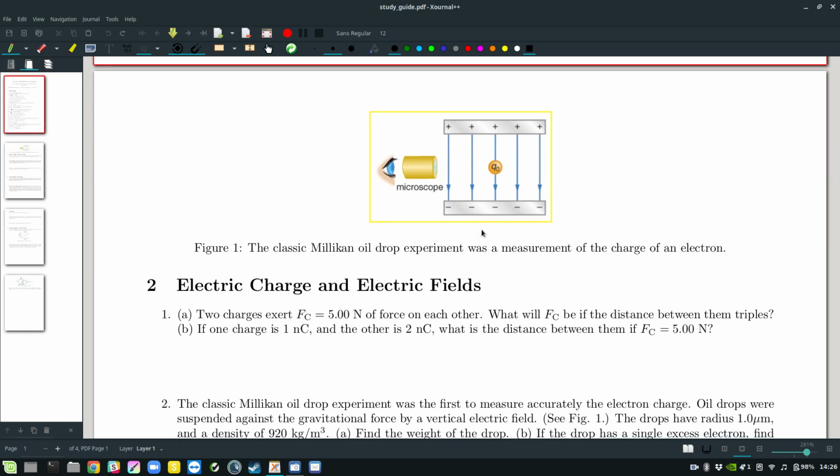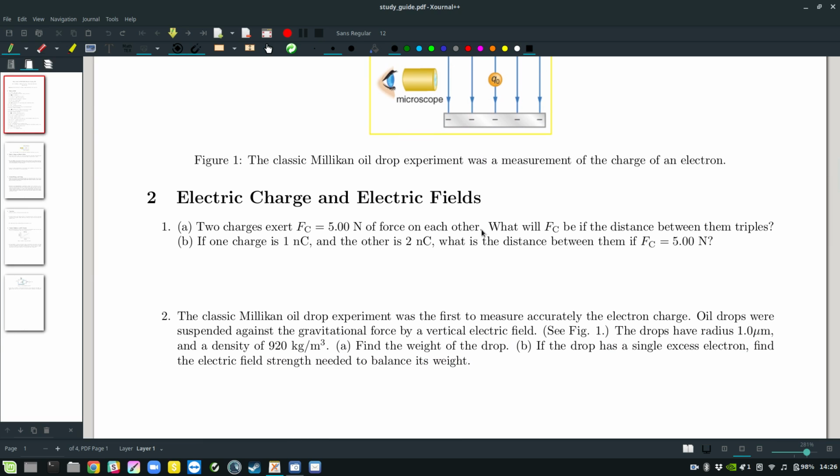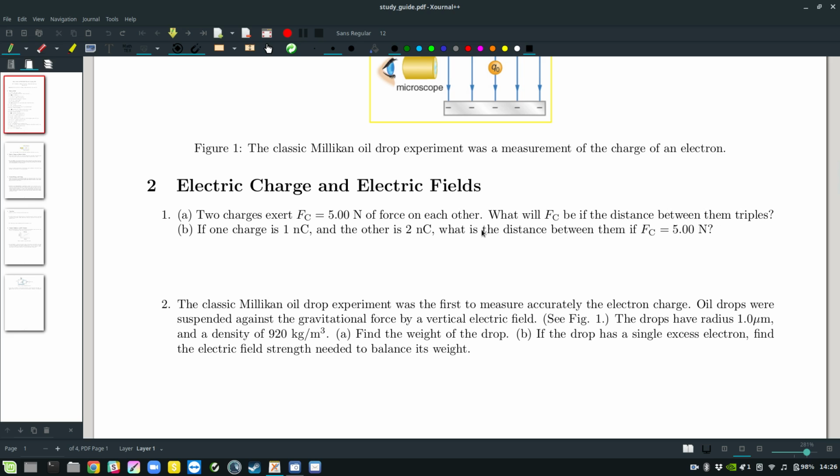Now the study guide begins with a problem regarding force on charge, and it reads: two charges exert a force Fc of 5 newtons on each other. What will Fc be if the distance between them triples? Now, the relevant piece of information that you have to begin with is that this is a scaling problem,